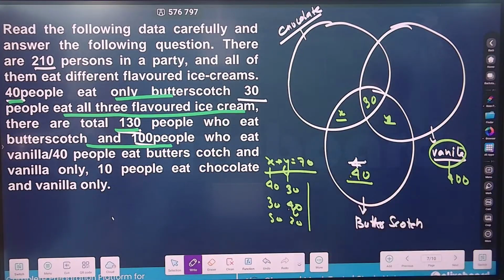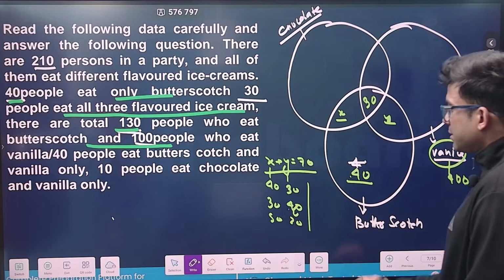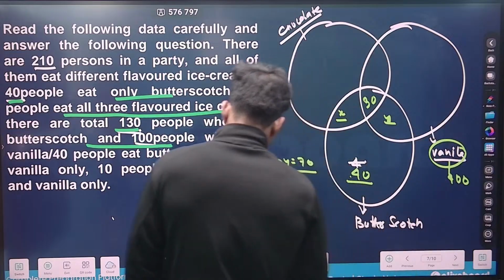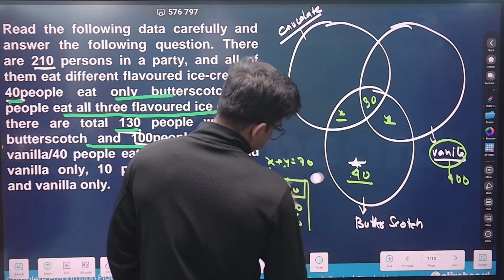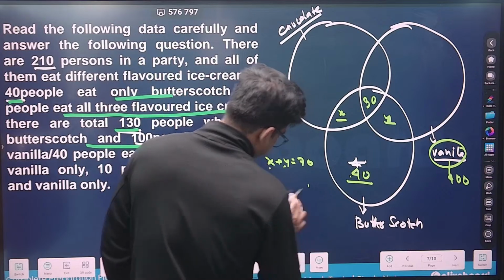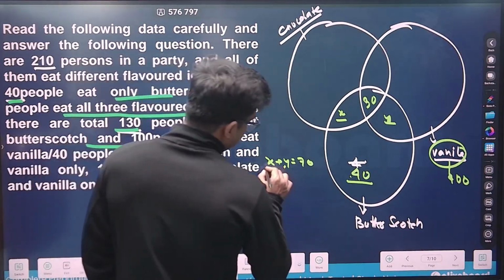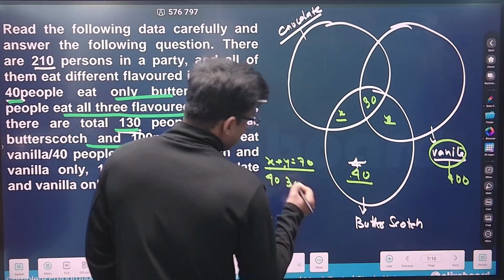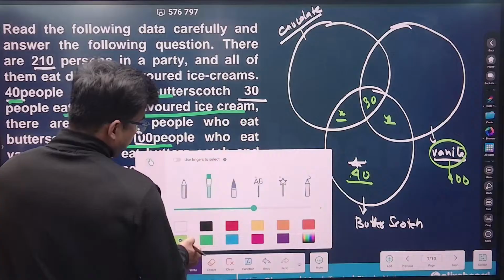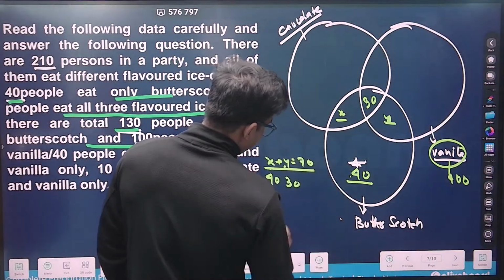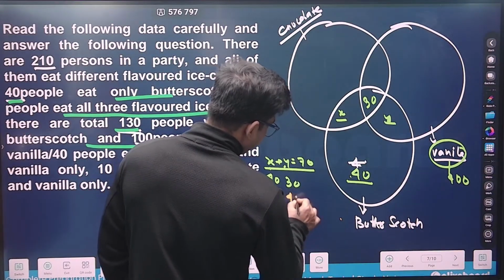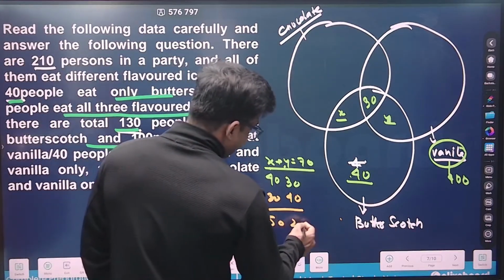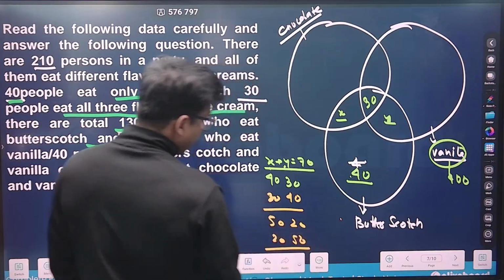So now you got your logic, everyone. That's very easy. This is the case. Because 40 people's, no, sorry, this is not the case. Let me clear. As I assumed earlier, see, earlier what I assumed? I assumed that x plus y would be 70. One case would be there. If x is 40, then y is 30. Another case would be the reverse of this part. Reverse means if this would be 30, then this would be 40. Now there would be a lot of cases, as I said, this would be 50 also, this would be 20 also, a lot of cases can be made.